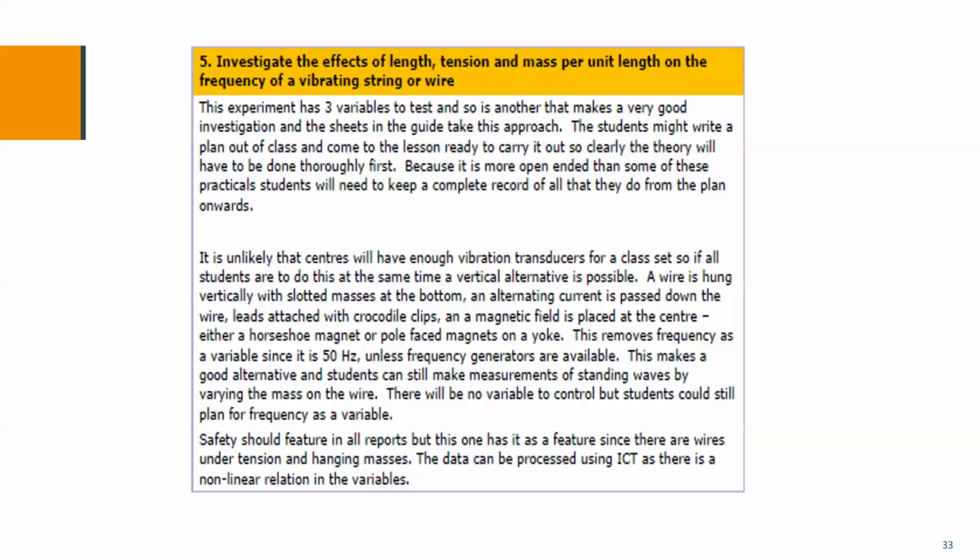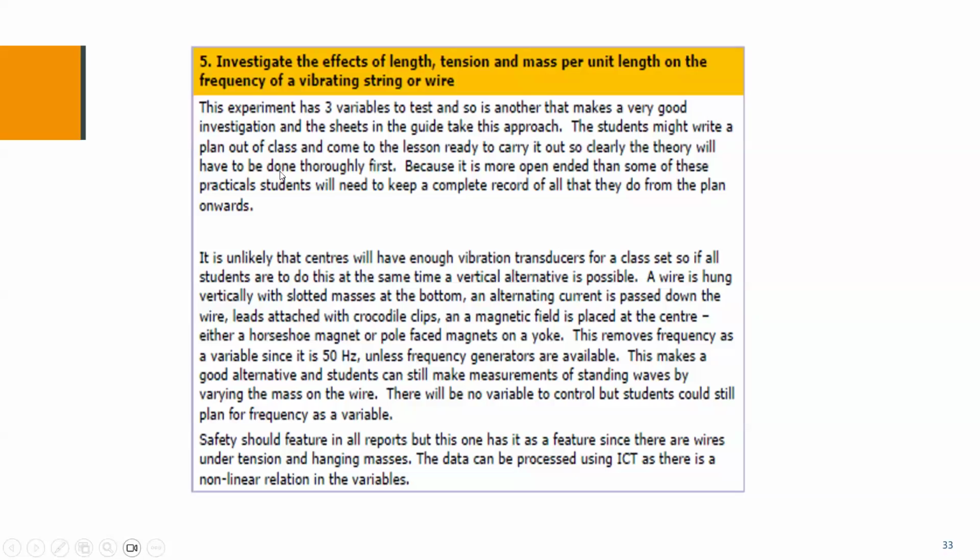Here's an extract from the practical guide on core practical 5, which illustrates the type of practical guidance that's given within the book. You can see this one is about investigating the effects of length, tension, and mass per unit length on the frequency of a vibrating string or wire. And you can see it gives information about the experiment itself. It starts off with the 3 variables which can be tested,